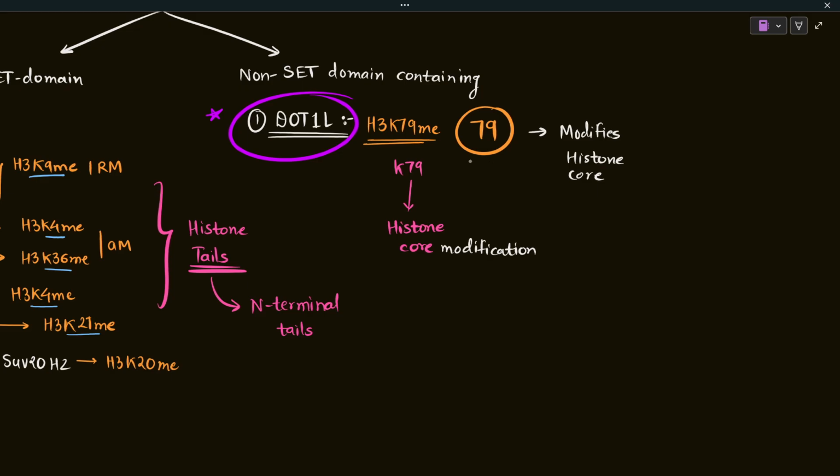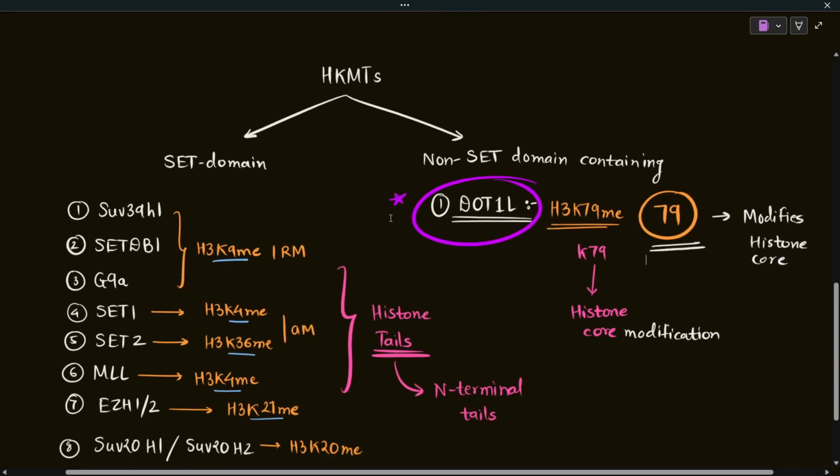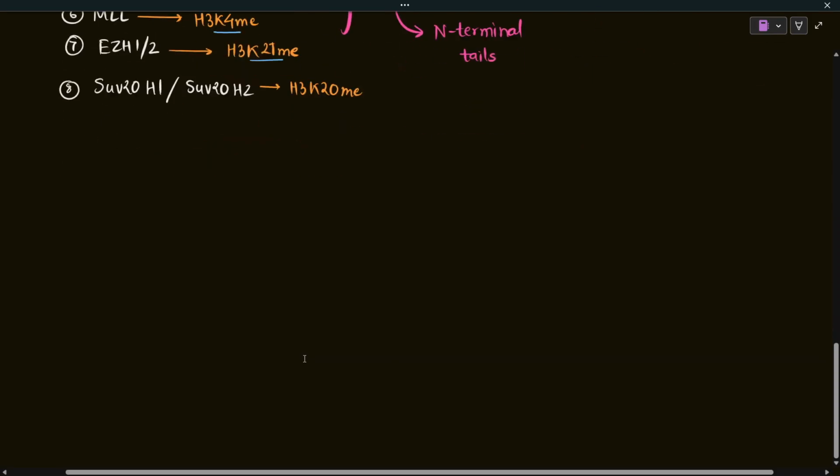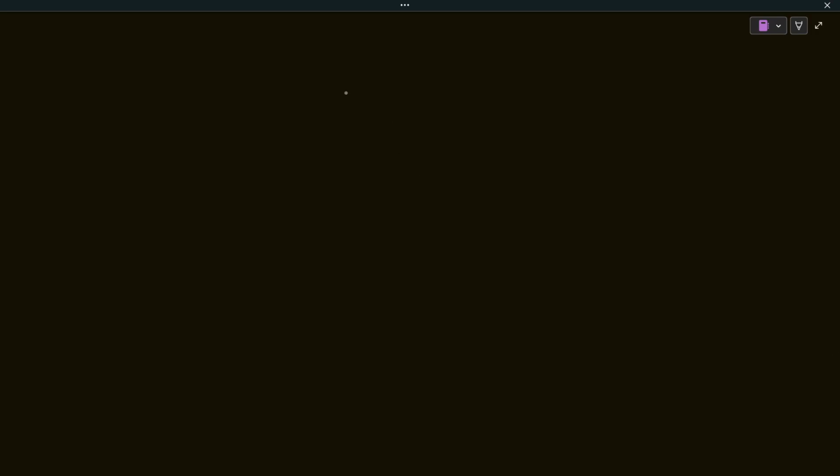And even remember the residue, it is the 79th residue. So that's it. Take it as a summary of all of the enzymes. Okay, so that's it about HKMTs. The important fact that you have to remember is that all of the HKMTs have a SET domain. Only one category that does not have a SET domain is DOT1L, and it methylates the 79th residue. Okay, so now let's discuss the histone